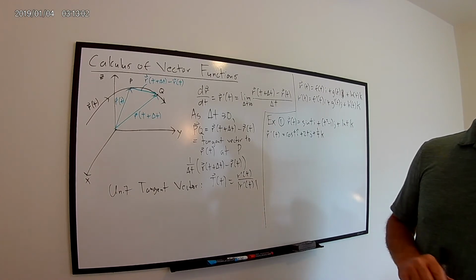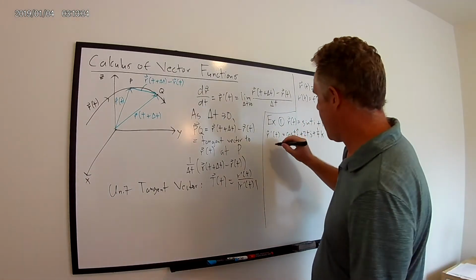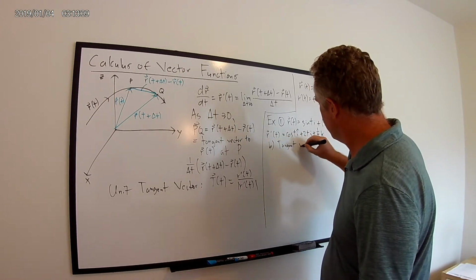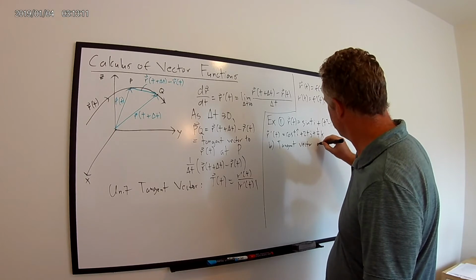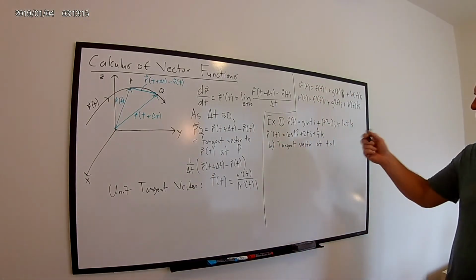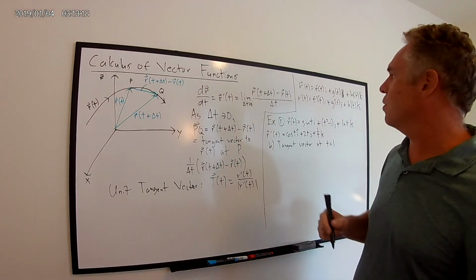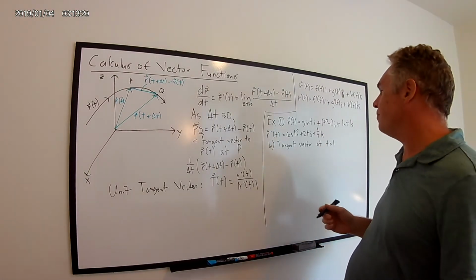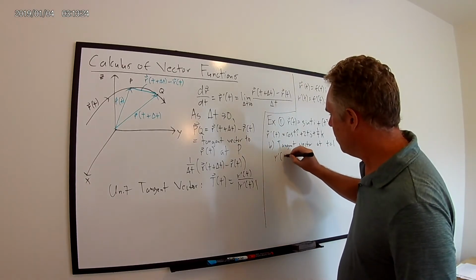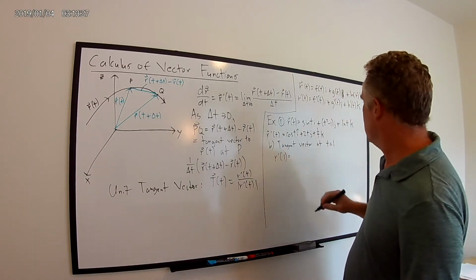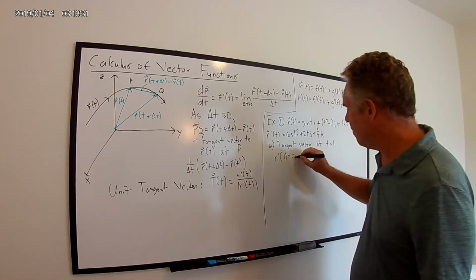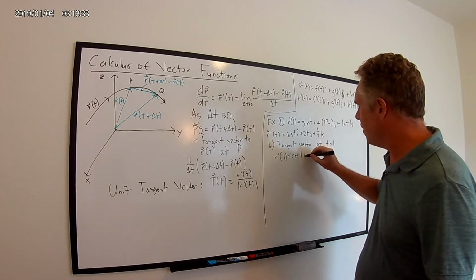Let's try to find the tangent vector. So that's part A. Let's do a part B here. Let's find the tangent vector at t equals 1. So when the parameter t equals 1, what is the actual tangent vector to the space curve r of t at that time? Well, all we do is we plug in t equals 1. So r prime of 1 would equal cosine of 1, which you have to use your calculator to figure out, i,